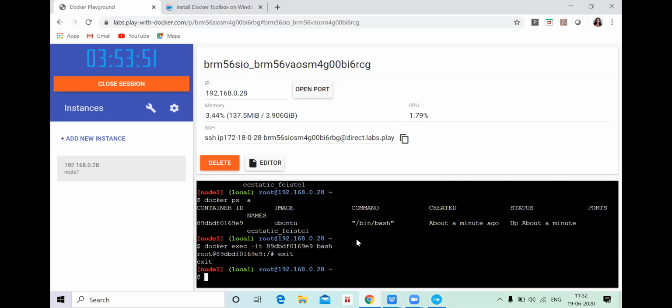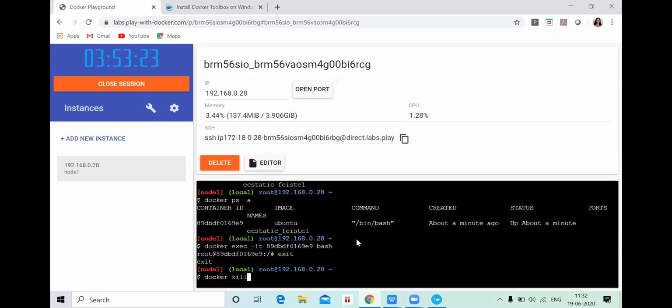Now the next command will be the kill command. If you want to stop a container immediately, you have to use docker kill. There is a difference between docker kill and docker stop. Docker stop will let the container shut down gracefully, but if you want to kill the container, you have to use docker kill.